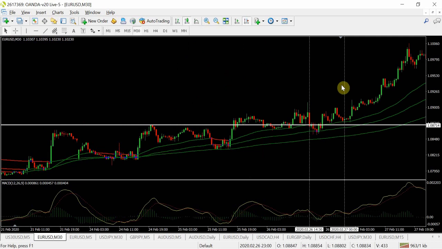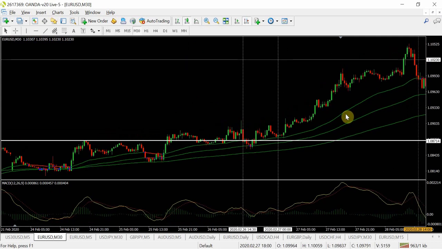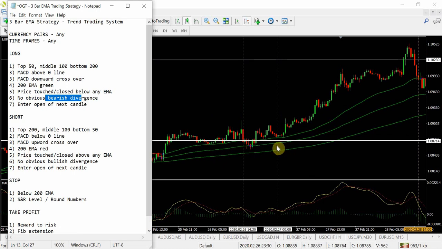Again, in my opinion, this is a valid trade. EMAs in order: 50, 100, 200. MACD above the zero line. MACD downward cross. EMA 200 green. Price touched or below, and as you can see here, you might not be able to see it very clearly, but I've checked that this red bar, the one that causes the downward crossover, does touch